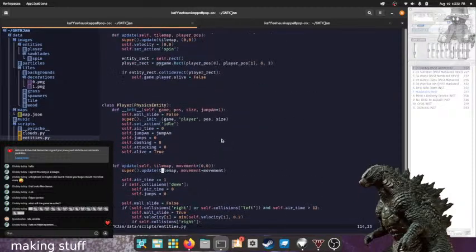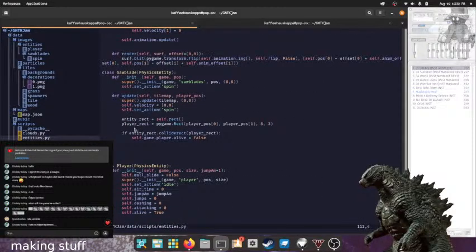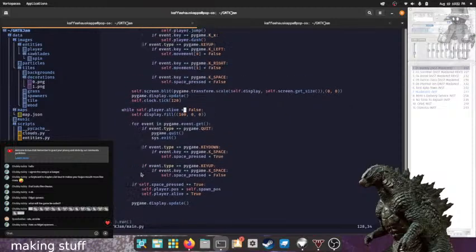So if I go over to entities in here, it grabs the game's player, and it checks its alive thing and it sets it to false. Oh, that's also why I'm not.